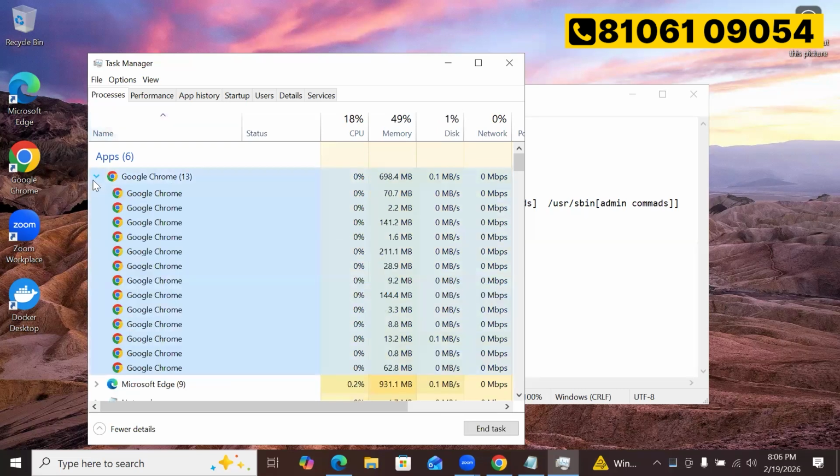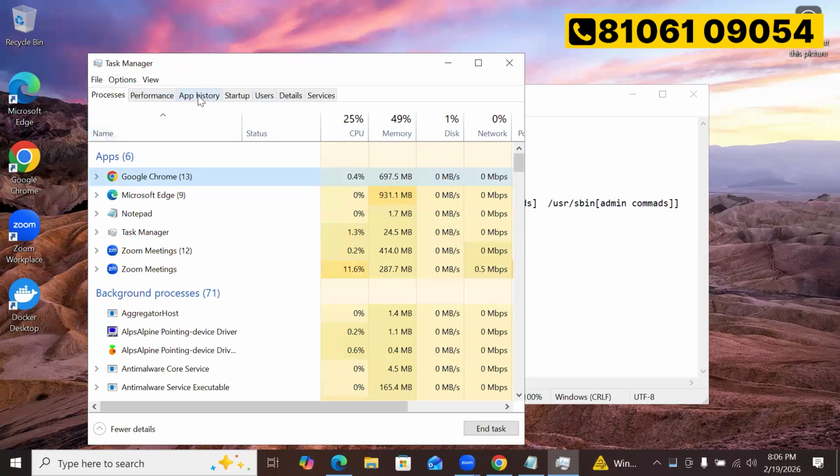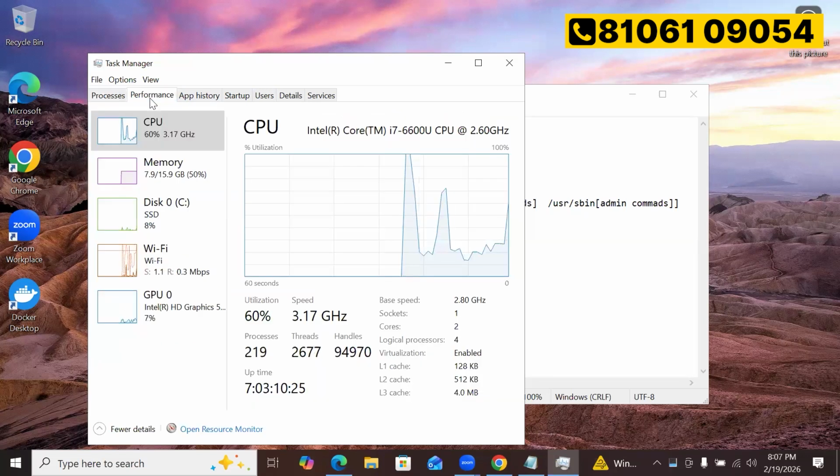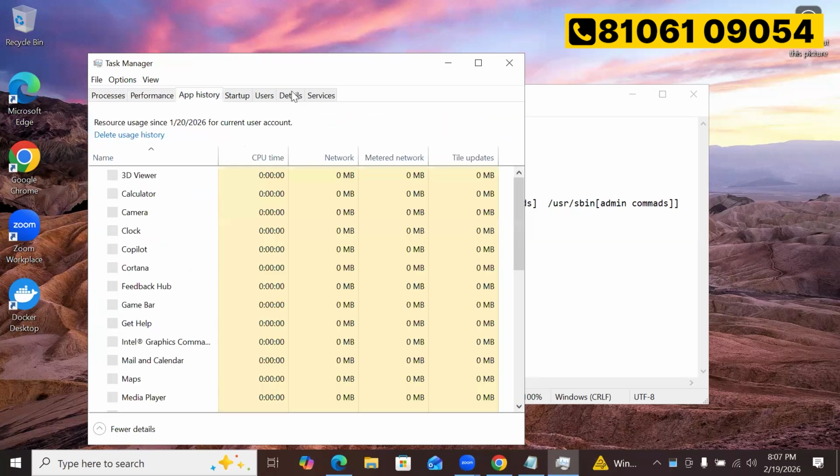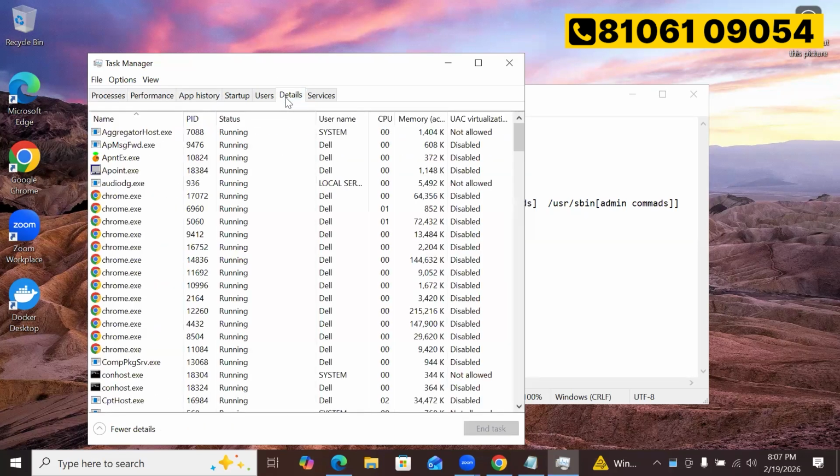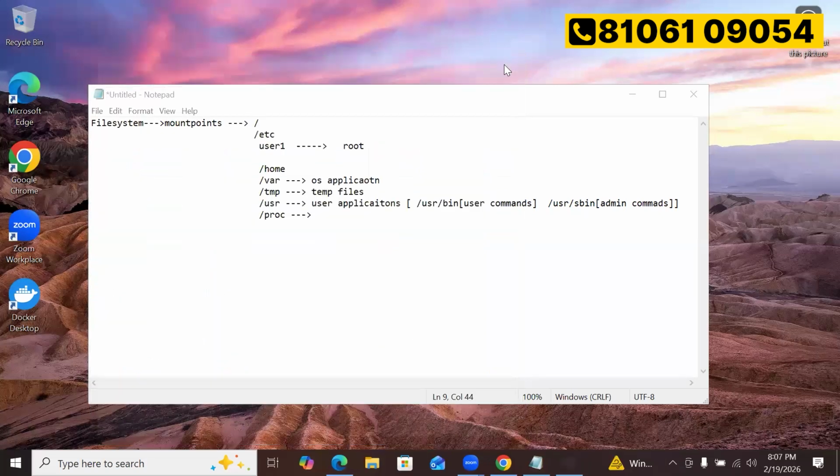You can also look at the performance and usage. Apart from all these things, you can see in details the PID, the process ID, that Chrome is running with. Certain information it is giving, right? All such kind of runtime information is kept in the proc folder.